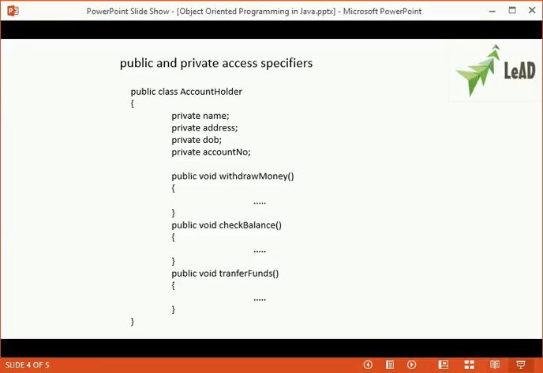Now this is a script for the same class, account holder, we saw in the previous slide. Here we come to the important concept of public and private. We can see that all the properties or attributes are represented with the keyword private, while the methods are represented by the keyword public. The difference is that if private is given to any particular attribute or method, then it cannot be accessed outside the class. And this gives us an important concept, which you can look into in future classes, called encapsulation. If a particular method has public attached to it, then that method can be accessed from outside.